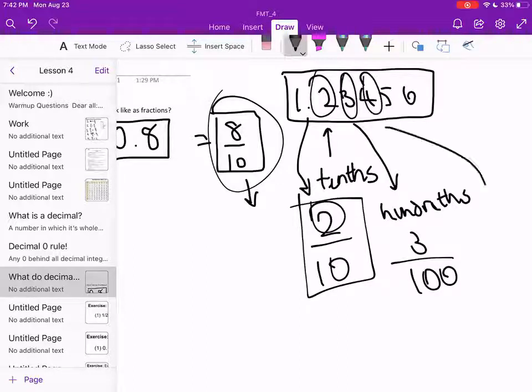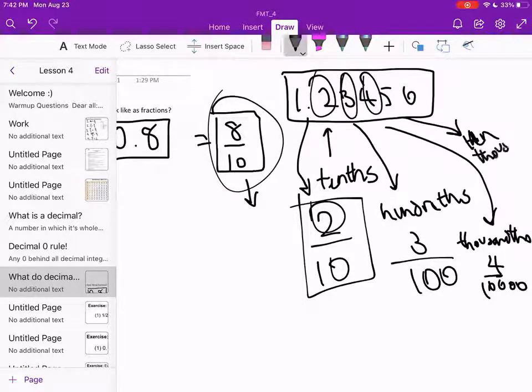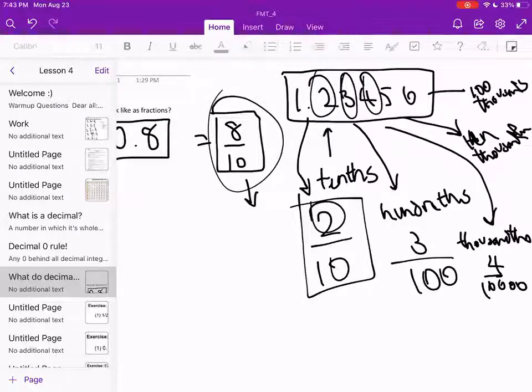And then 4 is going to be your thousandths. So that's going to be 4 over 1,000. And then this is going to be your 10 thousandths. And then that's going to be your 100 thousandths. I hope that makes a bit of sense, but yeah, so if I said